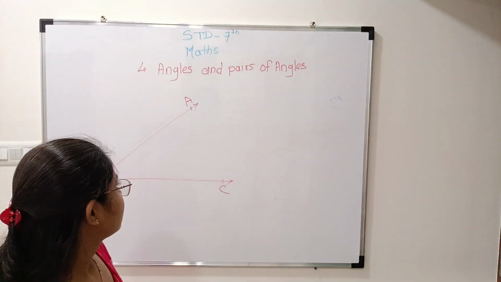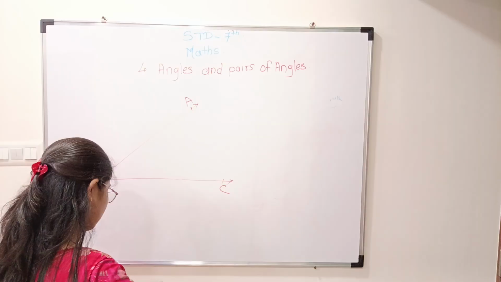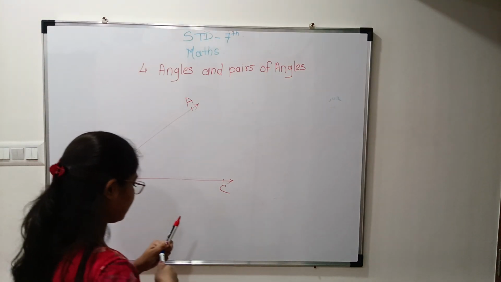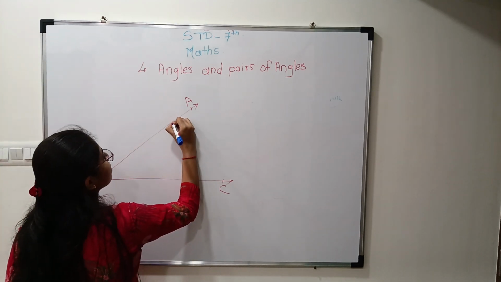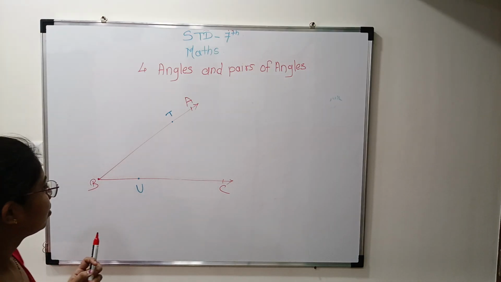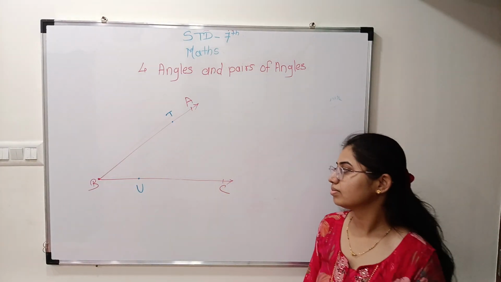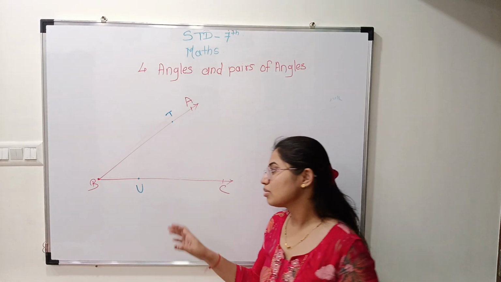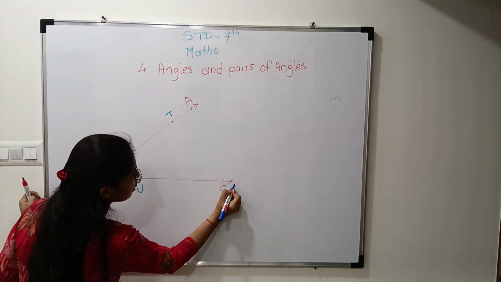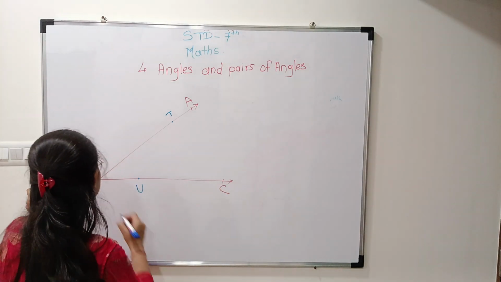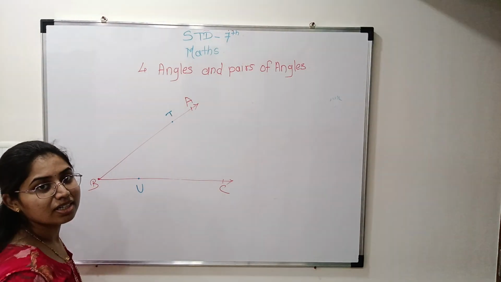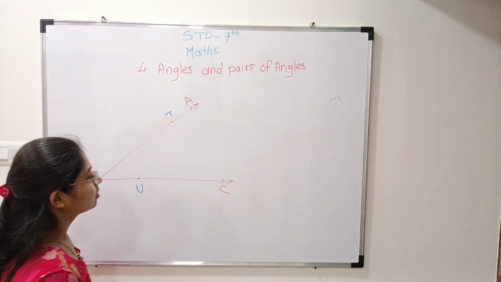One more point is here. Now only we learned the space inside an angle is interior and space outside an angle is exterior. But suppose I put here point T and here point U. So what can we call them? These are the points on arms. See, now only we learned these rays are called arms of an angle and this end point is called vertex. So suppose I put a point over here, it is a point on an arm.